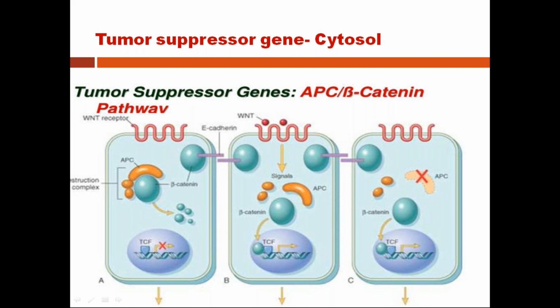Next, now here is a very important one. So I finished with the cell surface and cytoskeleton. Next, in the cytoplasm proper, there is a tumor suppressor gene called the APC gene. Now listen here carefully. I told you about E-cadherin, the molecule which adheres both the adjacent cells. Now you can see this is the receptor. The growth factor is not getting attached to the receptor.